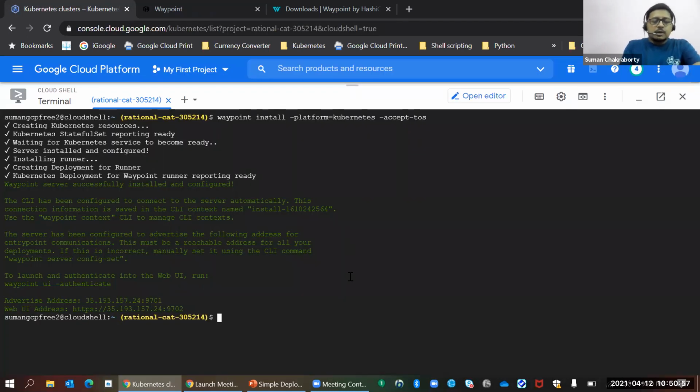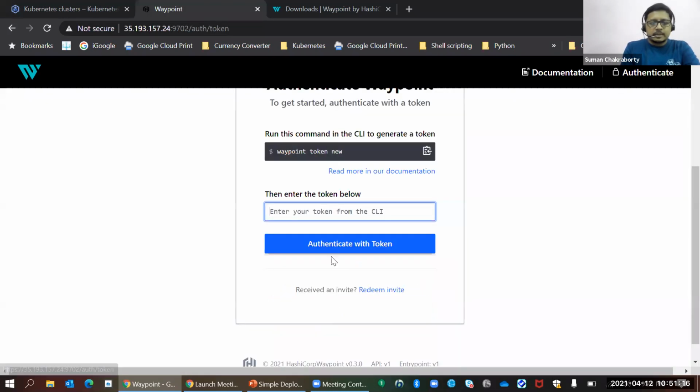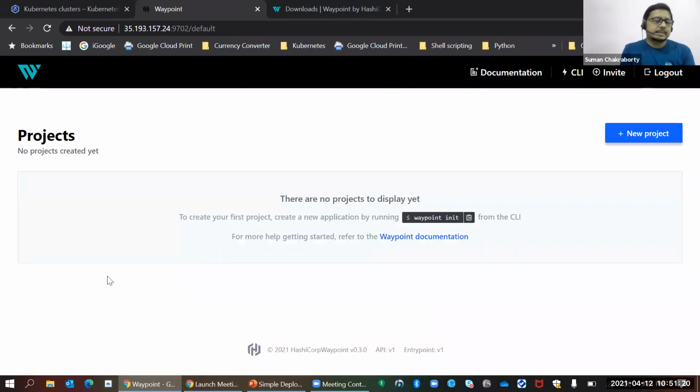Now, to use the Waypoint dashboard, I have to create a token. So I have to generate a token here, and this will create a token for me. And I have to just paste this token in this field so that it authenticates, and I can see that the dashboard is now accessible. But here I can see that I don't have a project, because till now I haven't registered my application